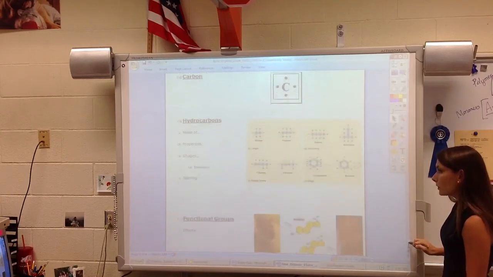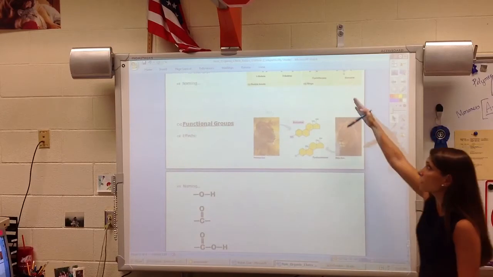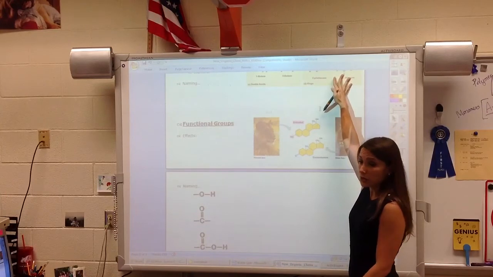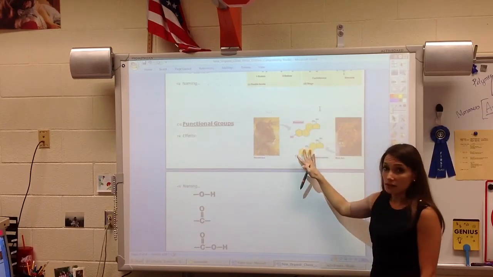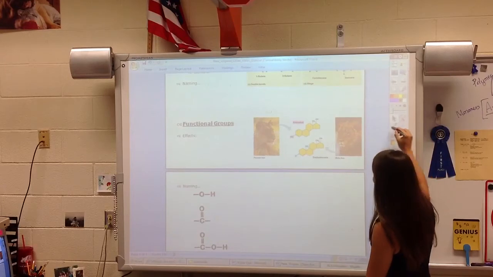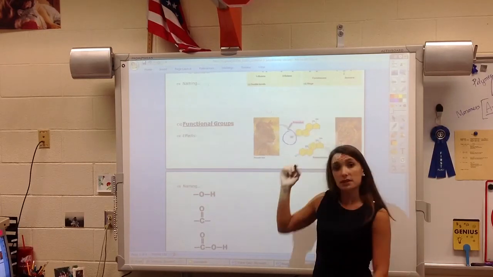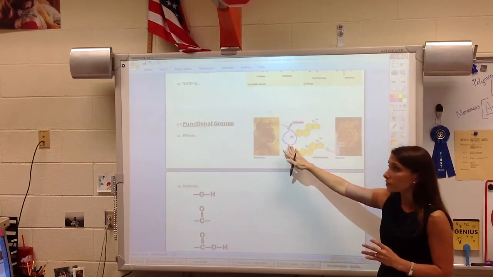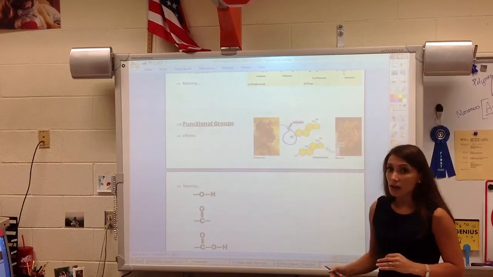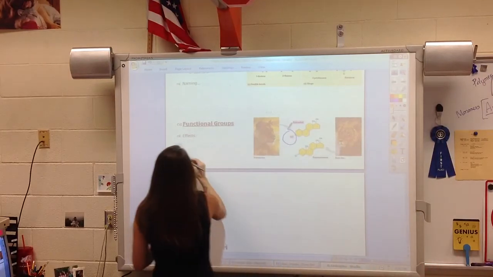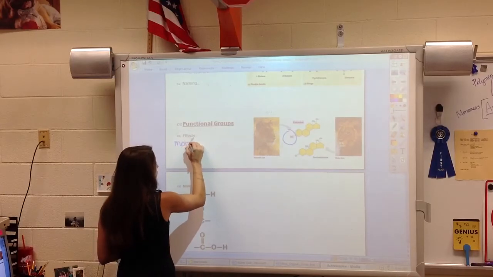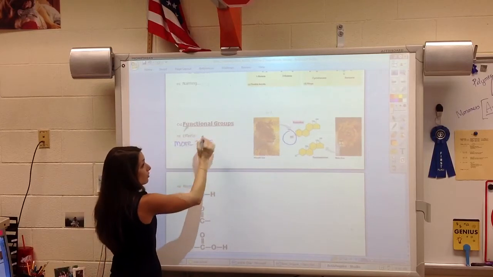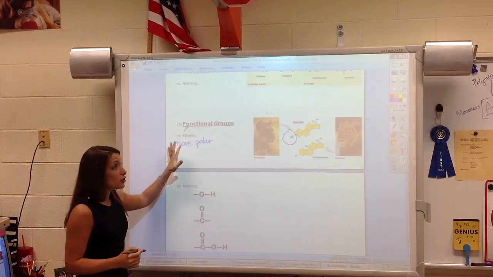What we do need to know is that we can actually add things on to the carbon skeleton. So these pictures up here would be carbon skeletons. We can add things onto it. For example, an OH group, which you've already seen when we looked at morphine. We saw these OH groups. Well, we know that the addition of an oxygen and a hydrogen is going to make it more polar. So a lot of times adding these, what are called functional groups, is going to therefore change the behavior of